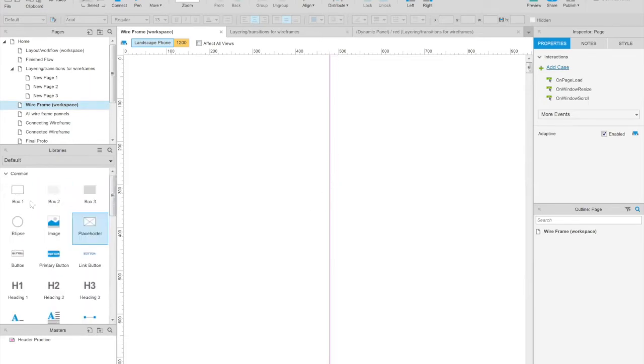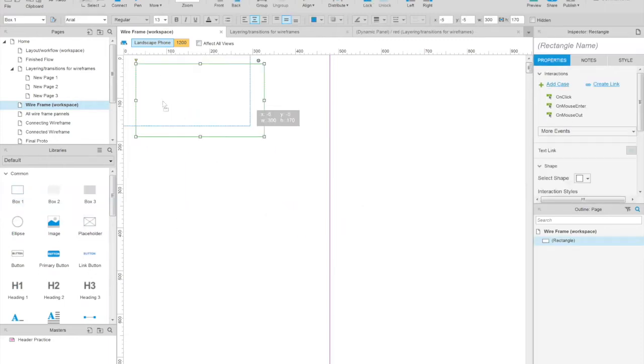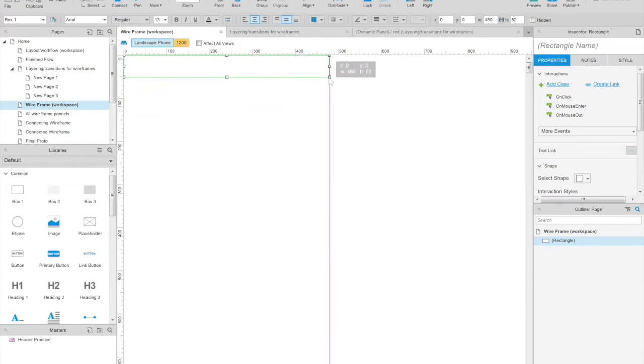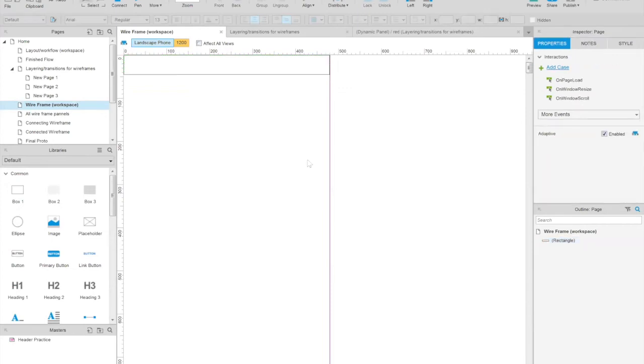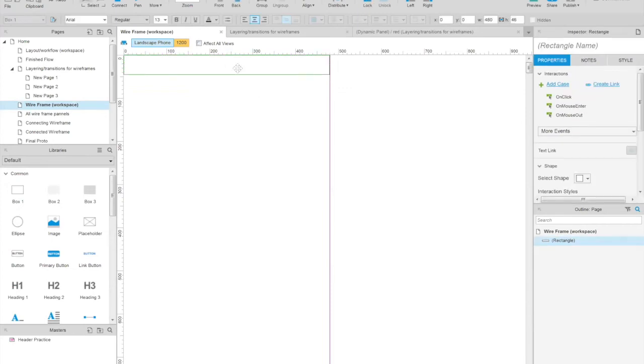Gotcha. So for our first, we're just going to drag out this box and zero it out. You can either hit 0, 0 or just drag it there. It usually snaps it in place, and we're going to make this a little narrow like that. All right, and for our app idea that compares delivery services, we're going to call it Food Court. So right here, we're just going to put Food Court